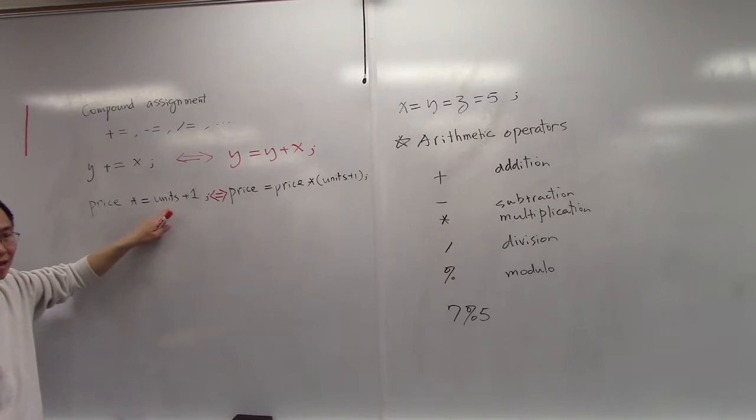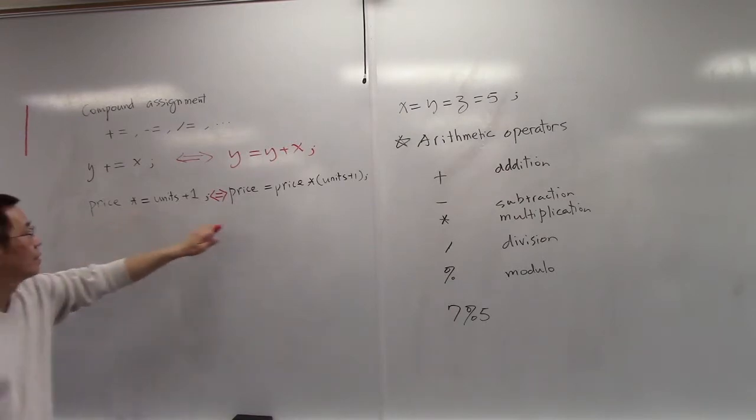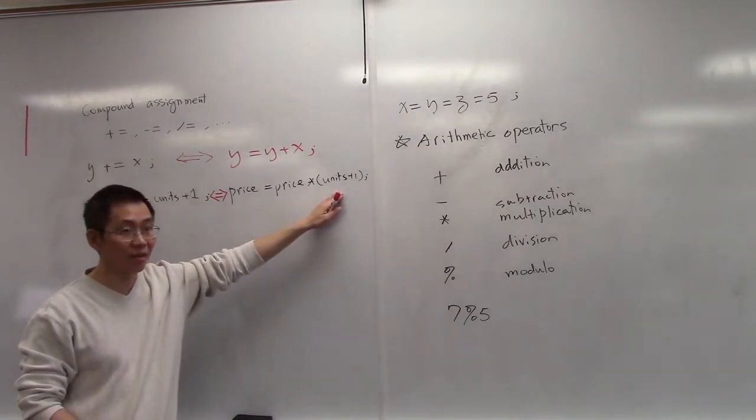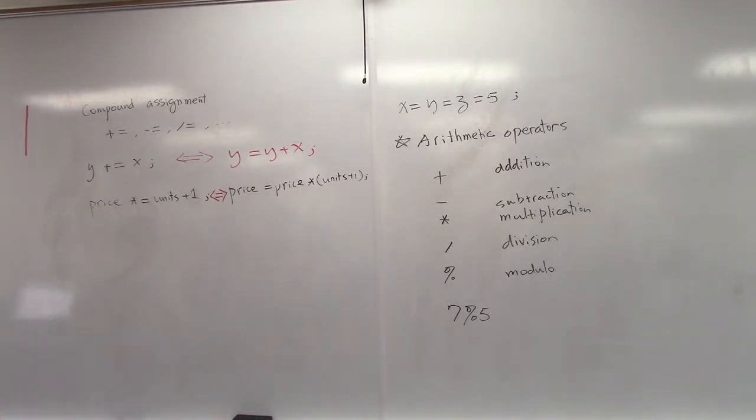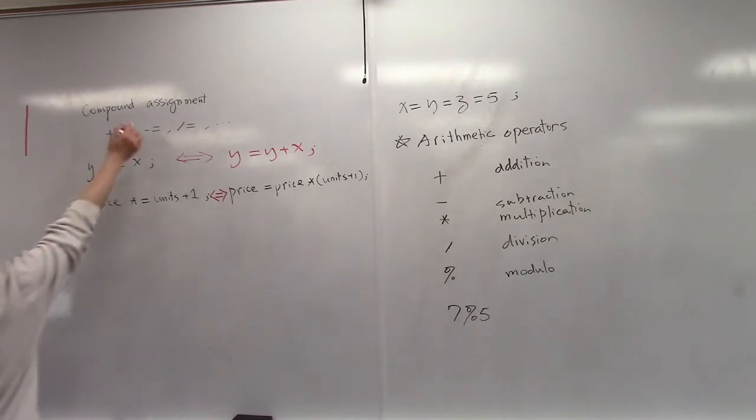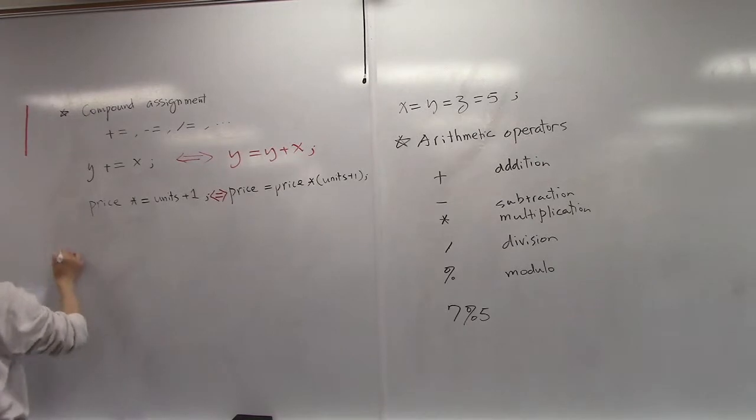Everything on the right side of the assignment statement will be the second operand. This is the first operand. This is the second operand. This is the operator. Okay. And after you're done with that, assign the value to the first operand. So this is one thing, the compound assignment, and then, okay, let me put this other side here, and then